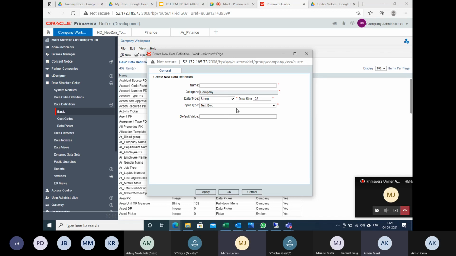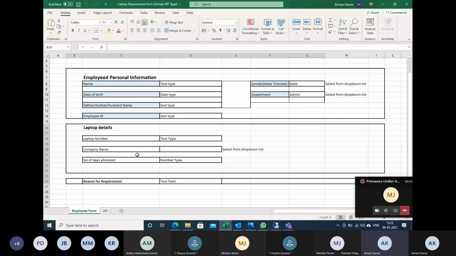There are two types, integer and string. The string has all the other options which we need, since the data type we require is of text type.